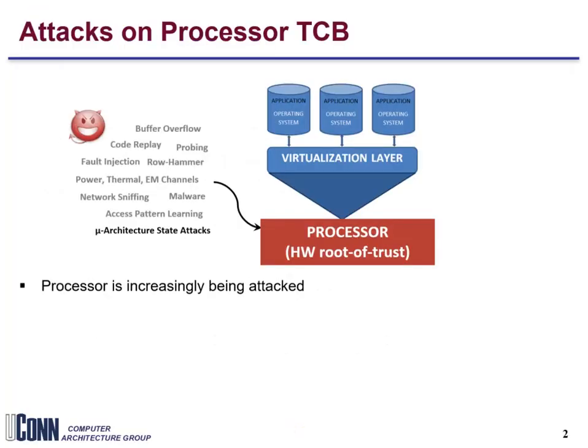Just to give you a brief introduction, we know that the processor trusted computing base, also known as the hardware root of trust, in modern processor designs is increasingly being attacked with a variety of software level and physical level exploits. For instance, we have seen attacks such as Spectre and Meltdown causing havoc in terms of information leakage. If we look closely, the main enabler behind these threats is the virtualization capability introduced in modern systems, by means of which multiple security critical and off the shelf processes temporarily execute on the system and share hardware resources. Indeed, the sharing of hardware resources yields interference and thus information leakage.